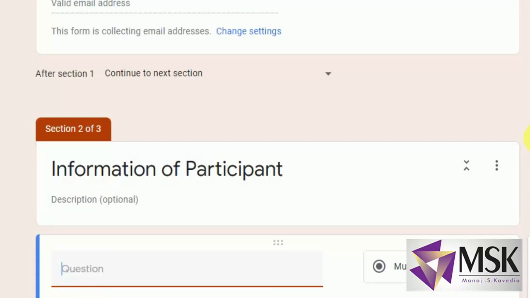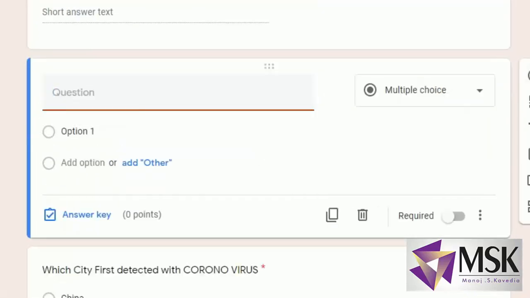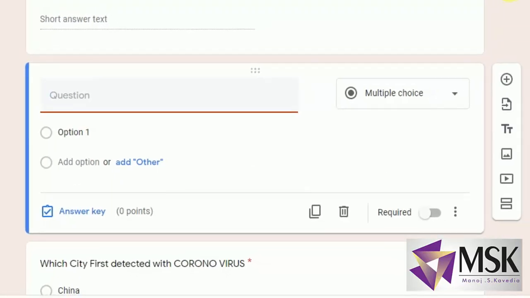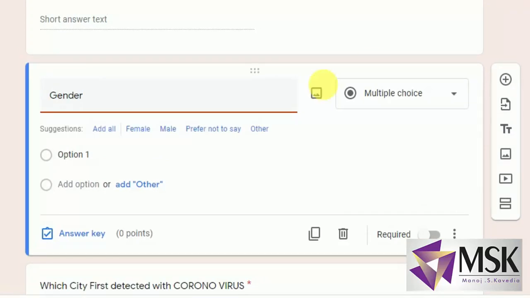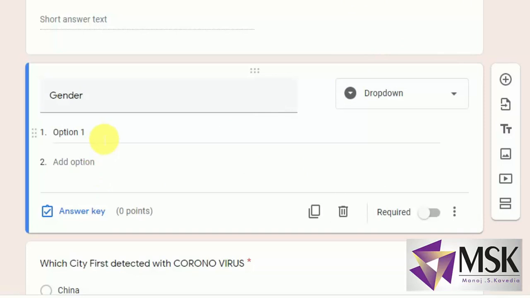Next question, I can say full name. So I can select short answer. The next question, I can say gender. Now I can select either multiple choice or the drop down. So I'll take drop down here.